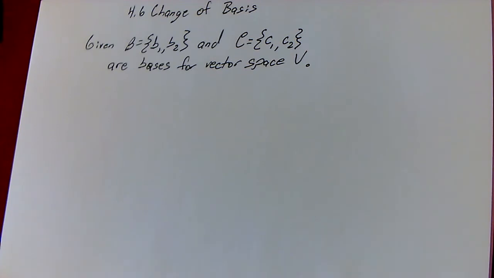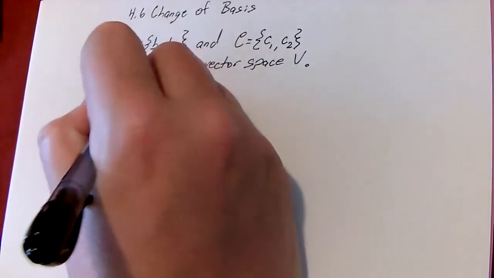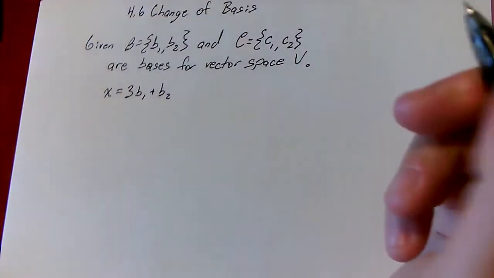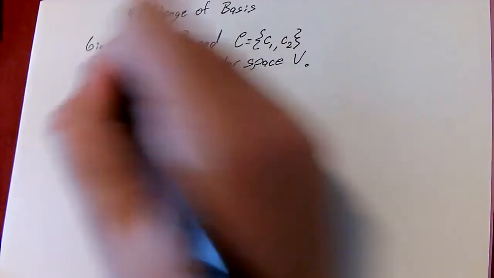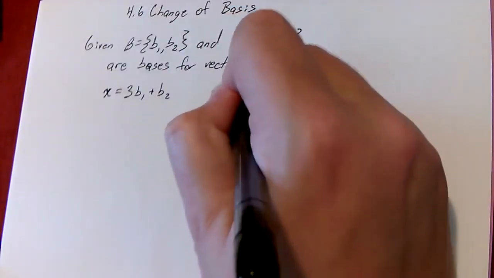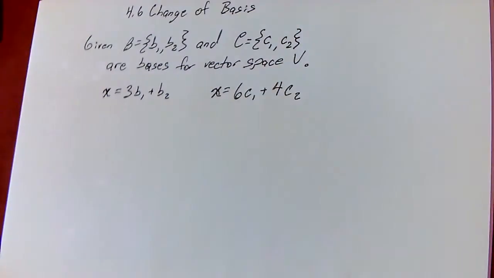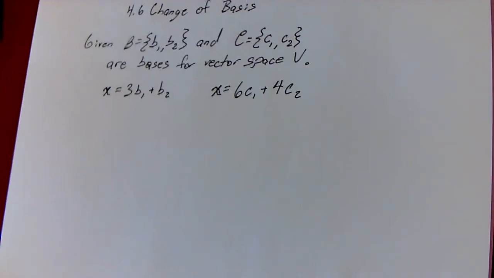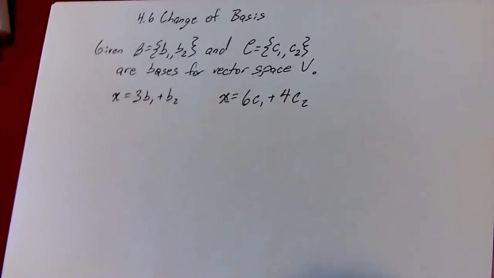Okay, so let's give some details about this vector space. I have a vector X that's equal to 3B1 plus B2. And the same vector X, again, same X on each of these, is also equal to 6C1 plus 4C2. Now we know from our last discussion of coordinates in 4.4 that these linear combinations